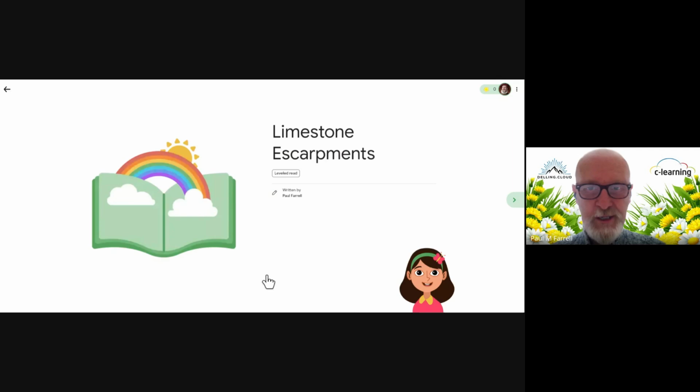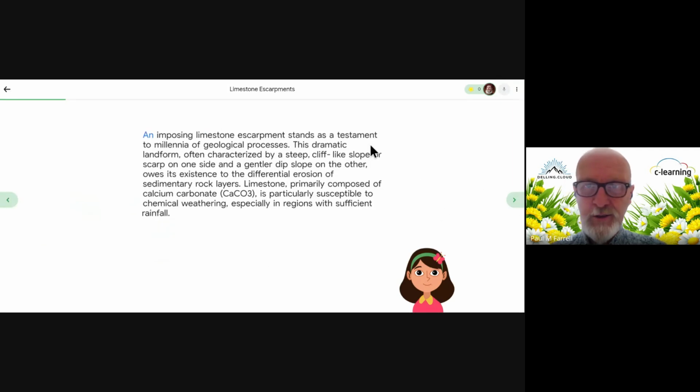So again, they go to start. Hopefully you'll be able to see this. Let me just move you on out of the way. Yeah, and you just show you the language level. Yeah, now I can start. An imposing limestone escarpment stands as a testament to millennia of